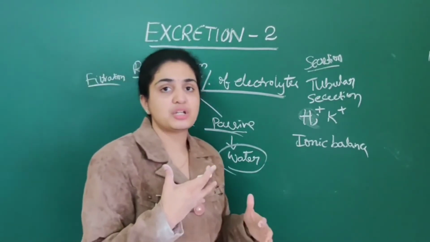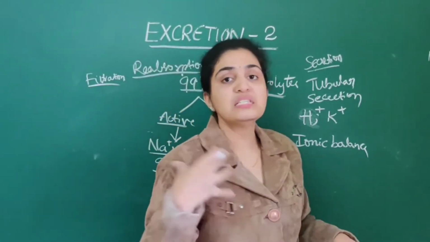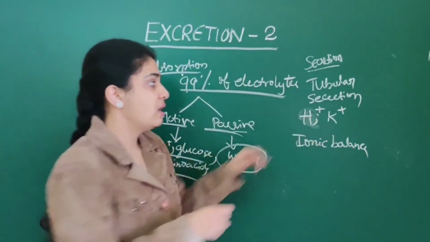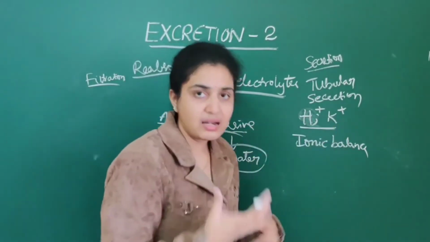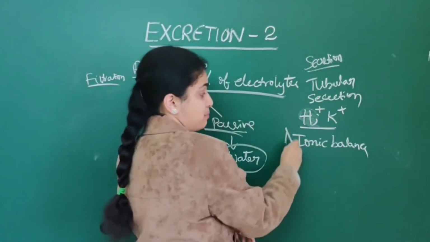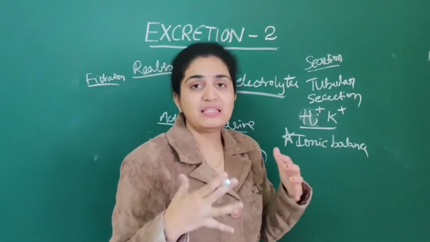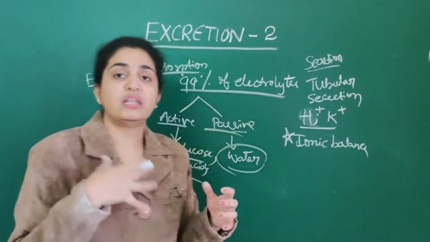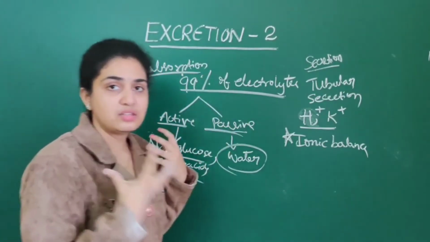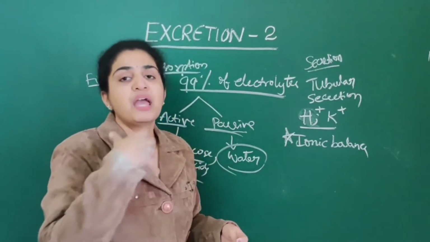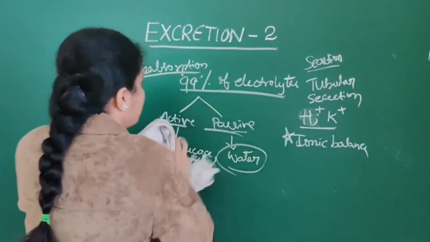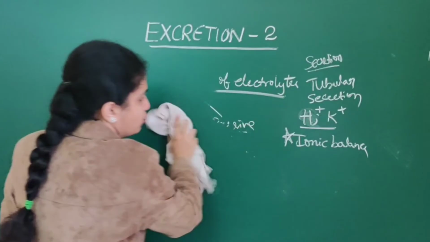When it comes to secretion, as it takes place in the renal tubules, it is called tubular secretion. Tubular secretion usually takes place by hydrogen and potassium, which are mainly secreted. This is an important point: remember, it plays an important role in ionic balance of the body, that is pH as well as ionic balance. So this is mainly about the 3 steps which take place in urine formation. Next we are going to deal with the functions of each tubule, mainly the functions of tubules.